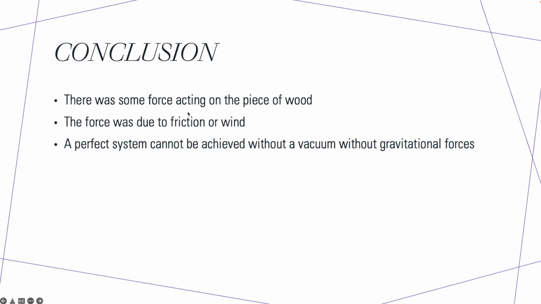That force could have been due to friction from the table or wind, and a perfect system could not be achieved without a vacuum and without gravitational forces or other forces acting on it. Some points for error could be from the tracker app malfunctioning, or, as I said previously, forces acting on our